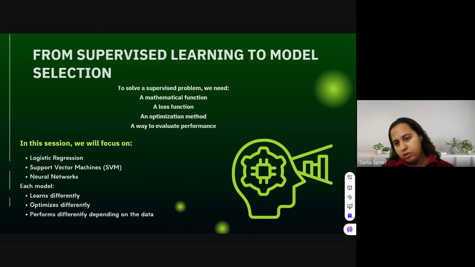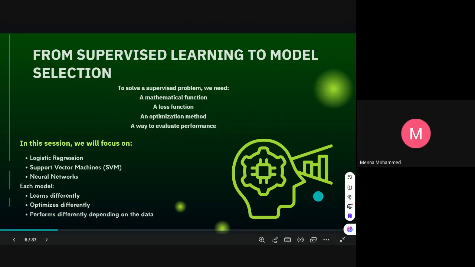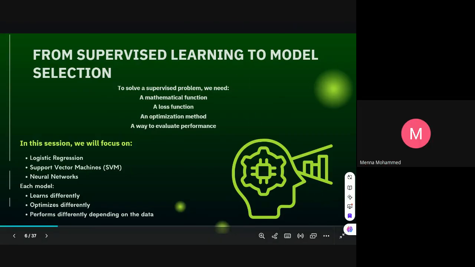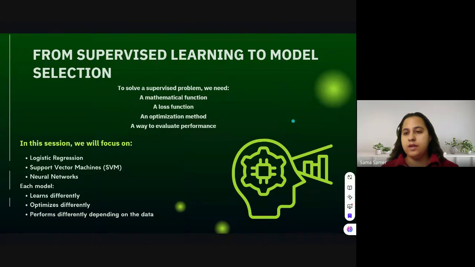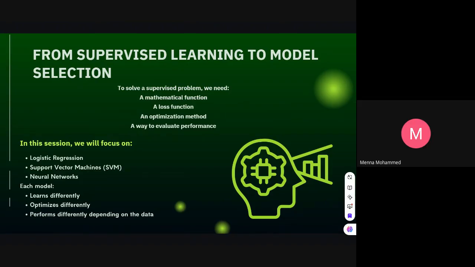Minna, go on. Minna, can you hear me? Okay, let's continue till Minna. Yeah, Minna? Thank you so much. Can you hear me? I can't hear you at all. Your voice is so low. Can you hear me? I have a connection issue. The screen is freezing again. Say what you have said again.